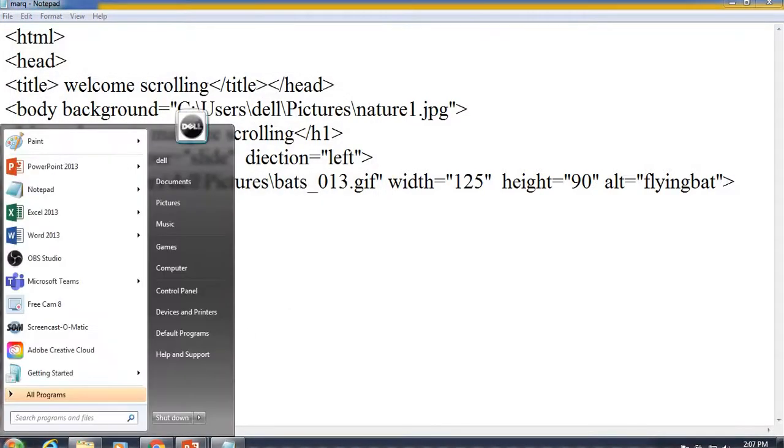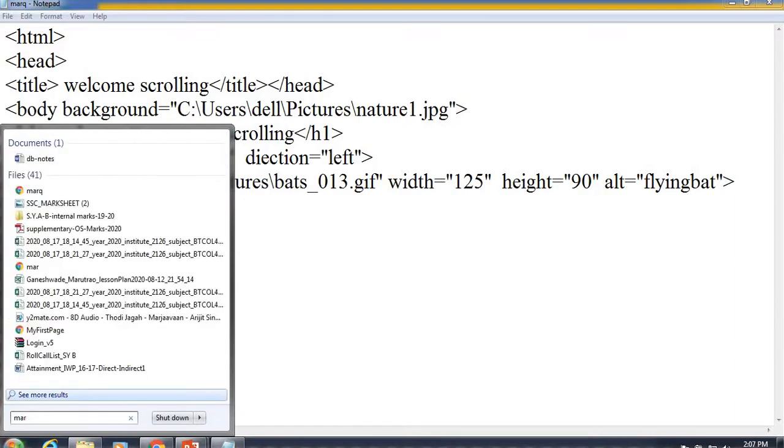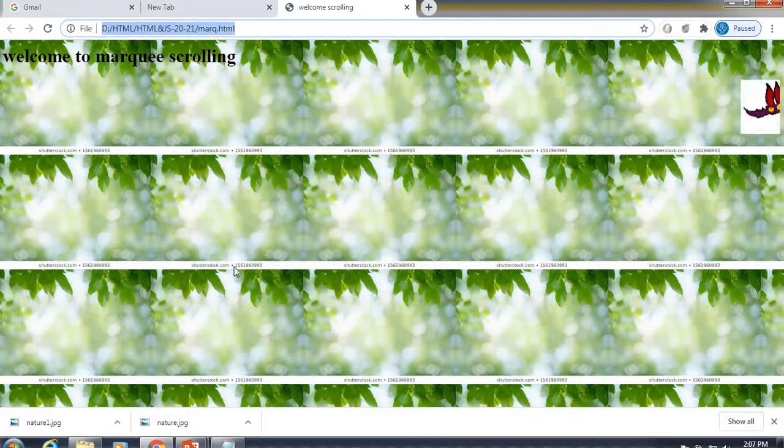So let's have the output. This is the image we have added as scrolling. The scrolling direction we gave as left, so it is going from right to left.